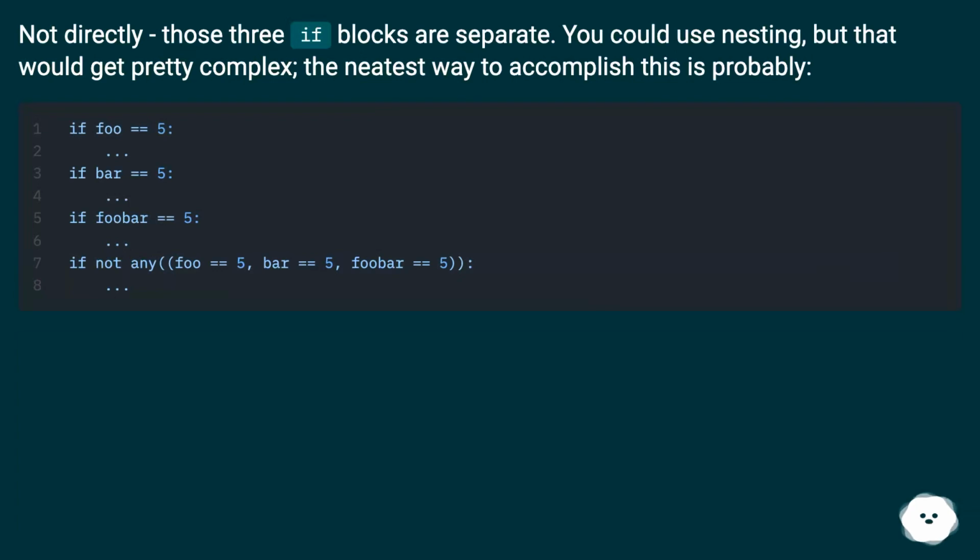Not directly, those 3 if blocks are separate. You could use nesting, but that would get pretty complex. The neatest way to accomplish this is probably